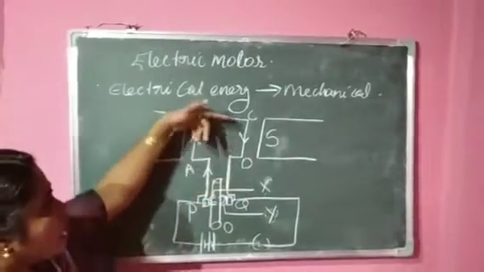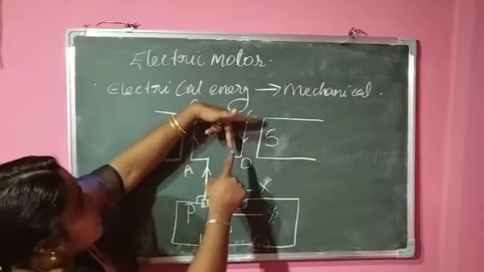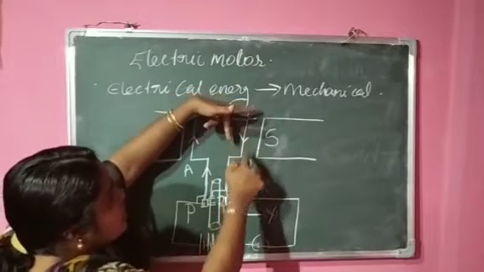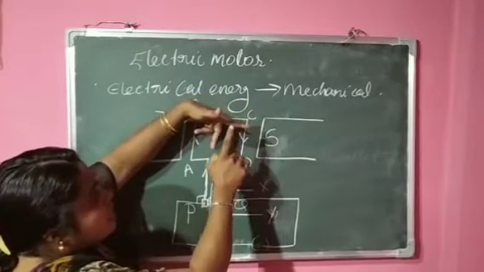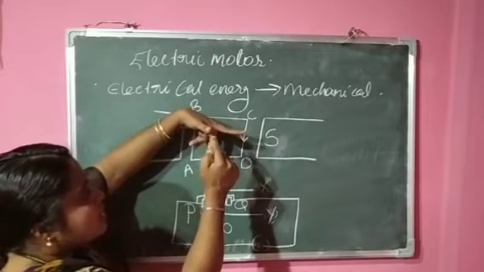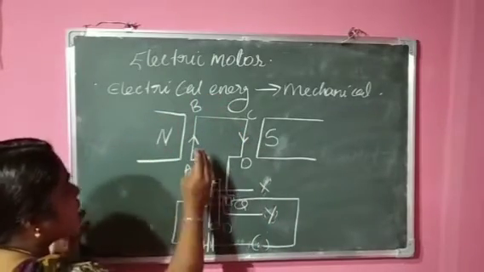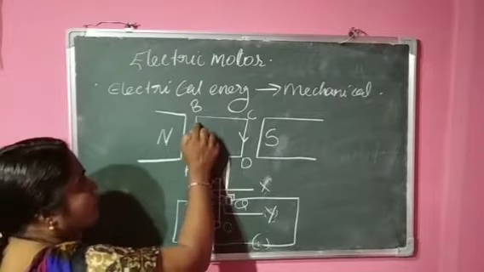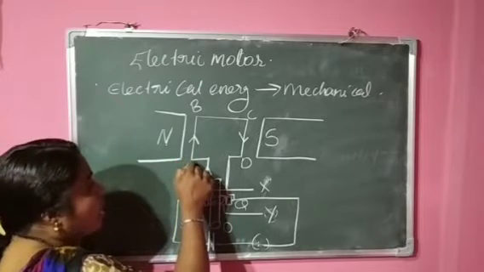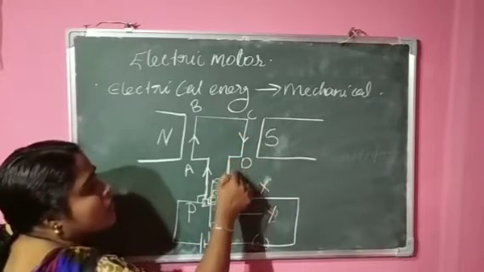Okay. On arm CD, what is the direction of current? C to D. So here the center finger indicates the direction of current, which is C to D, and this point finger indicates the direction of field and the thumb indicates the direction of motion of the conductor. So when the current is flowing through this conductor, the direction of current is A to B and the movement of the conductor is downwards. Okay, so the arm AB moves downwards. At the same time, arm CD moves upward.